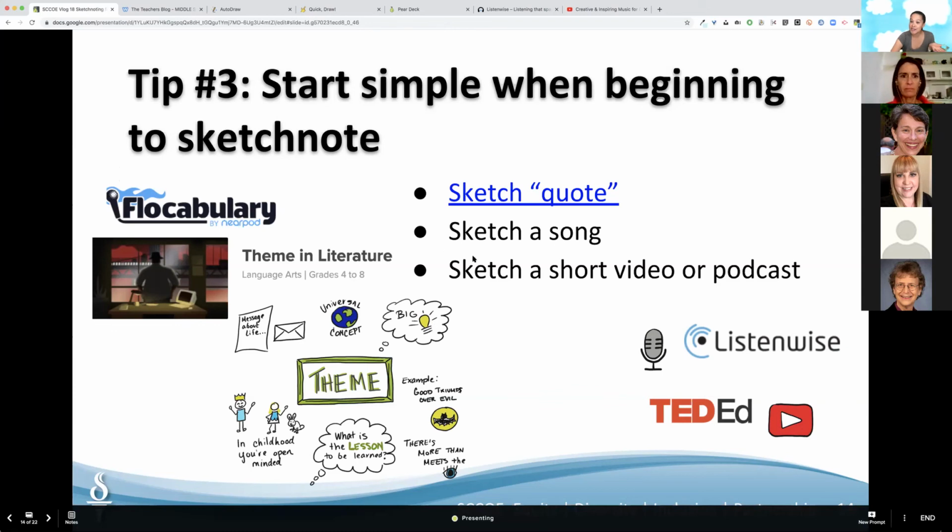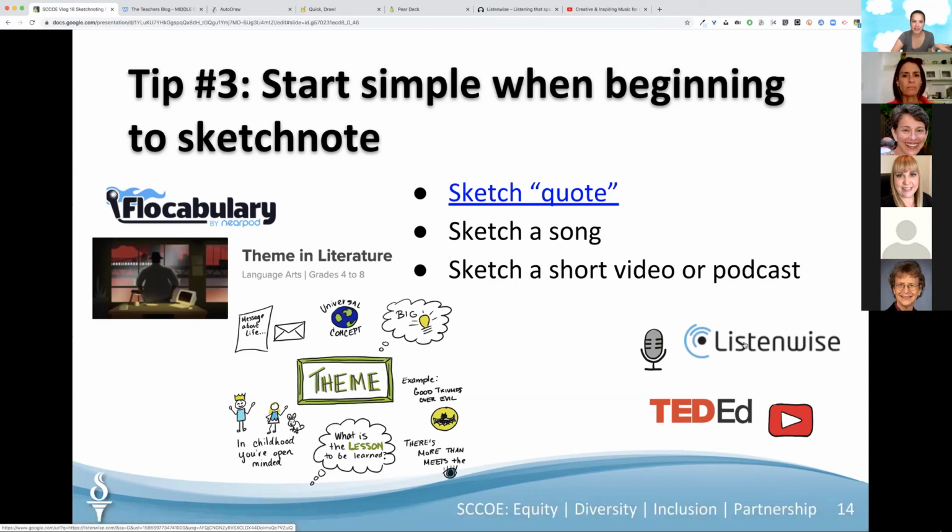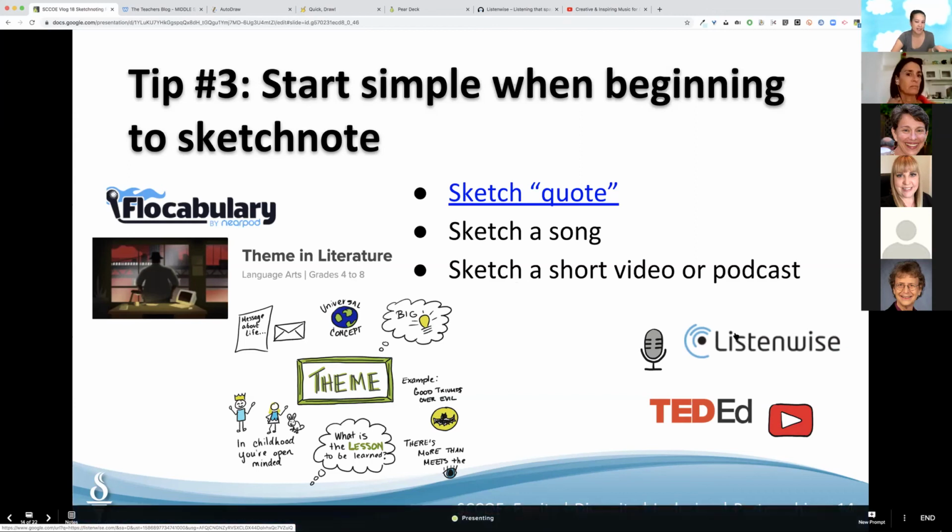And then the last one is sketch a short video or a podcast. We're gonna actually try this with a really short podcast from ListenWise. Right now, ListenWise is another great resource. They're giving teachers free access for a limited time. You can get a lot of their content for free anyway, but free premium access right now. So what we're going to do is,